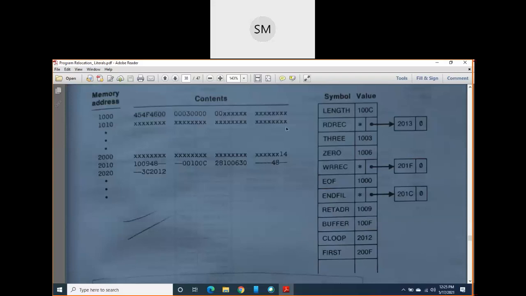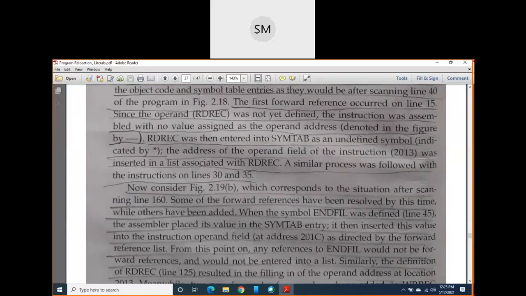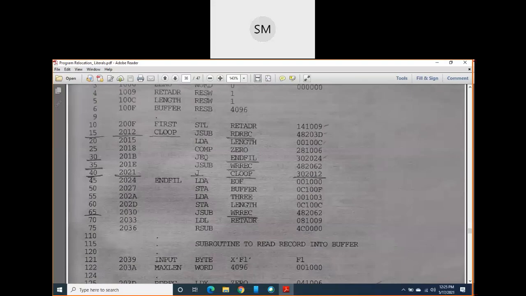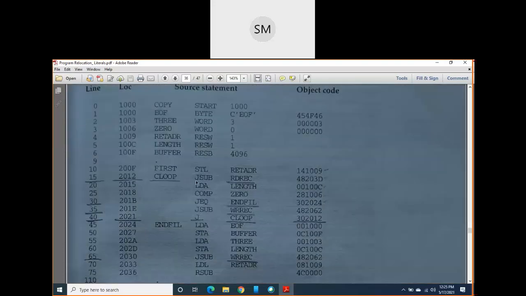Because RDREC is the operand of the instruction JSUB, and from which byte does this JSUB start? From byte 2013. Why? Because 200F is there, and STL is a 3-byte instruction. In fact, in SIC all instructions are 3 bytes long. So this STL occupies 3 bytes.